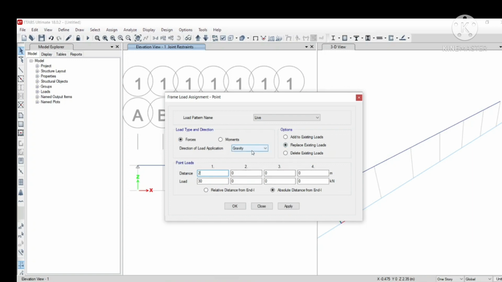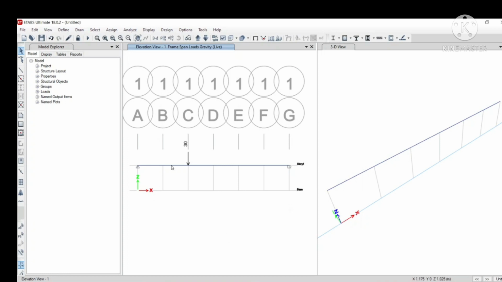So this is acting under the gravitational direction. Let us apply this. Now you have applied a point load of 30 kilonewton at a distance of 2 meter, and let us analyze this.